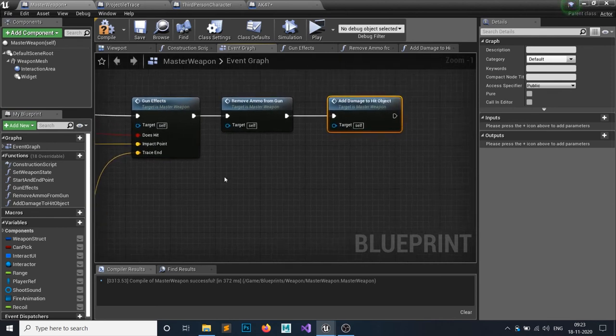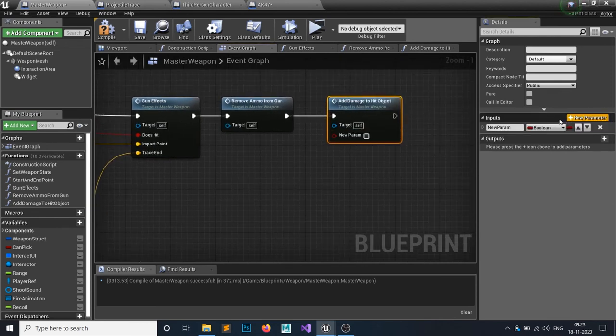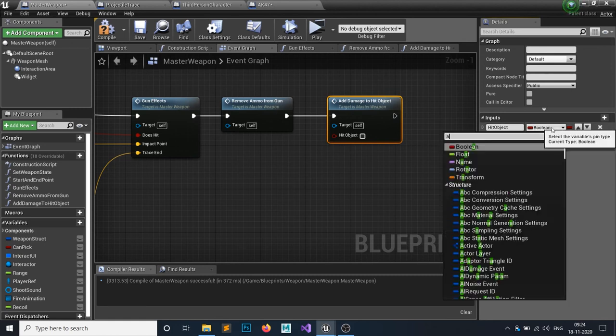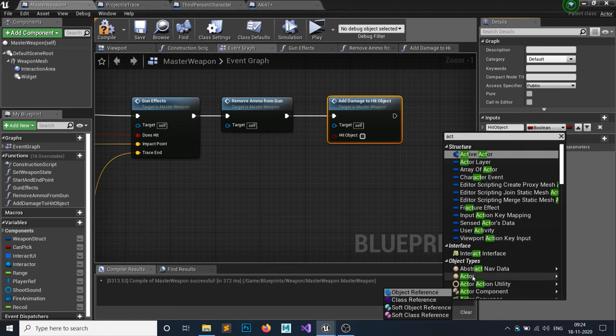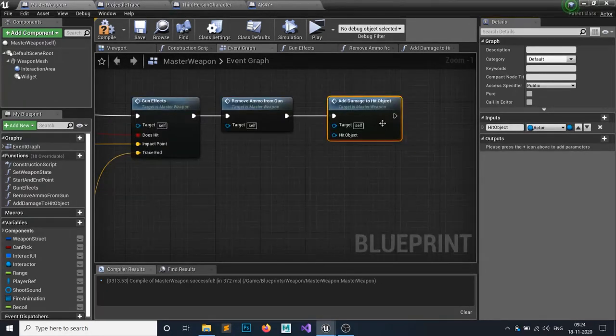And for this we need an actor. So I will simply add a hit object, and this hit object is an actor. So for that, what I need is an actor type of reference, actor object reference, this one, right?